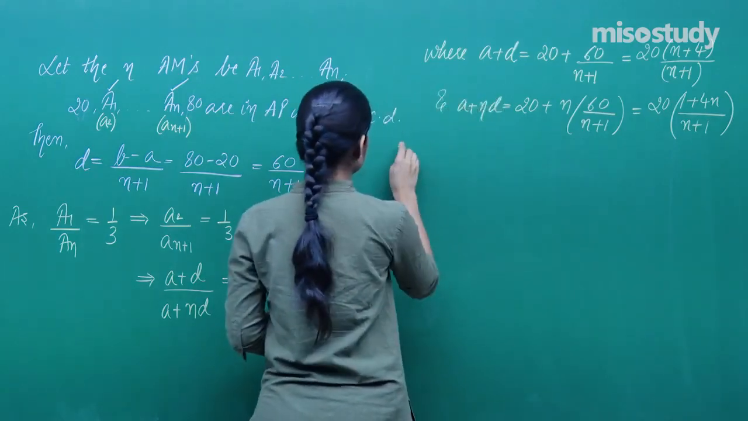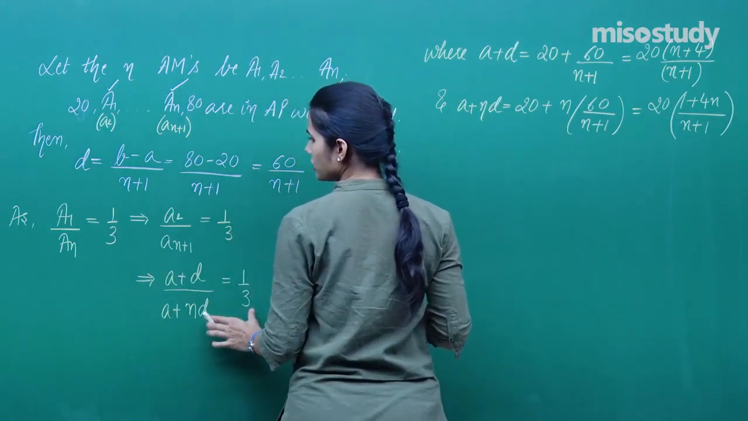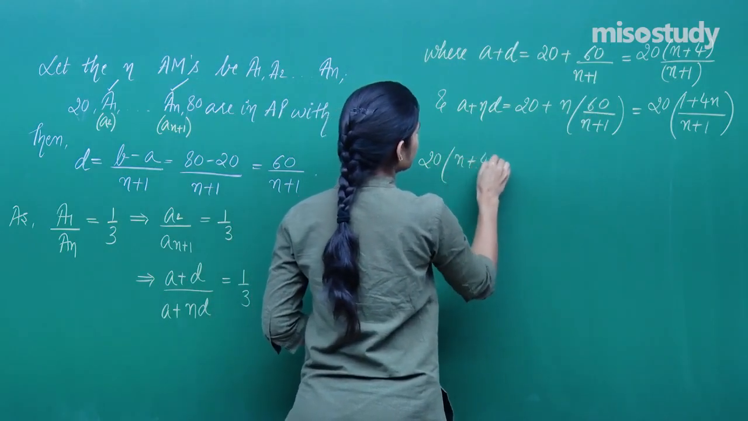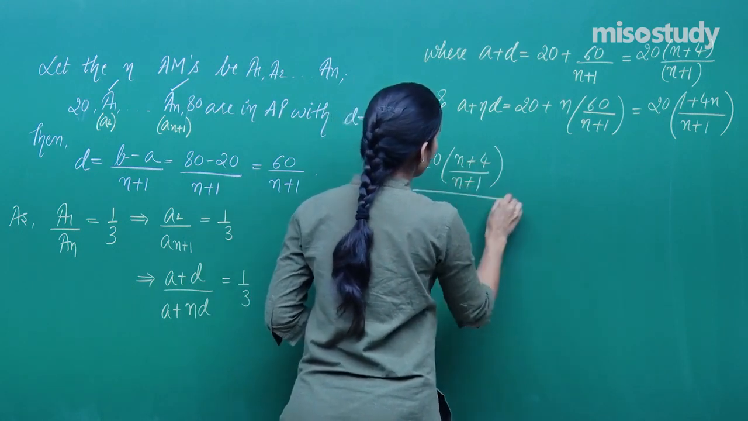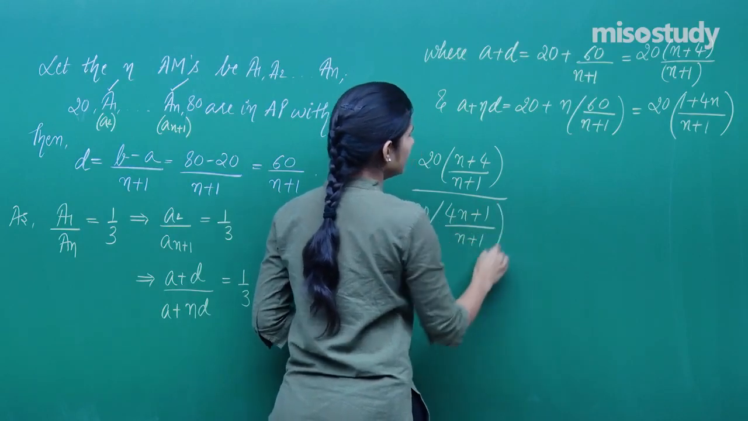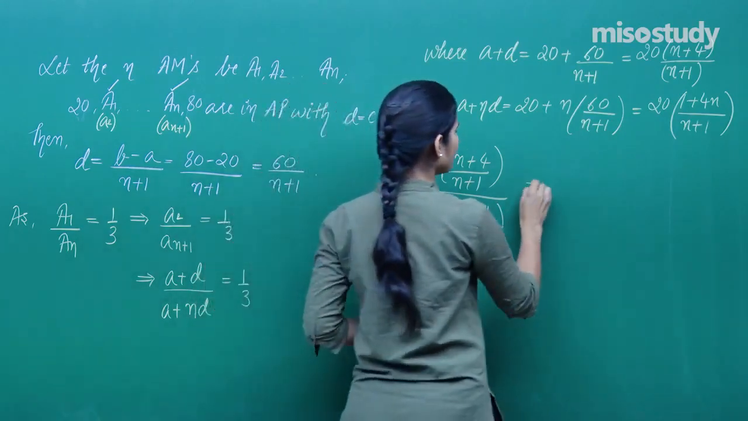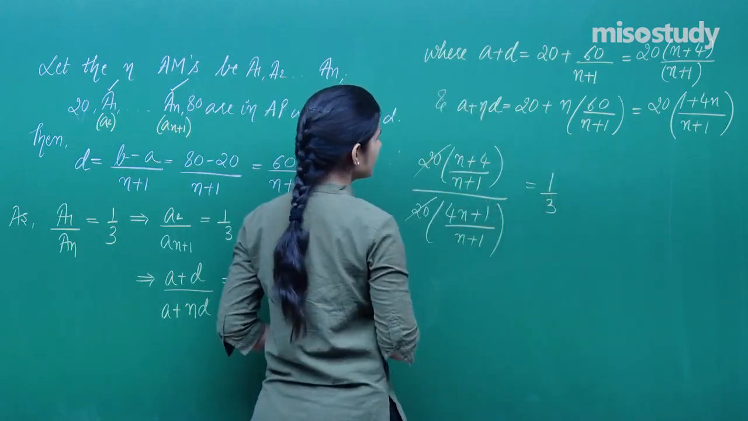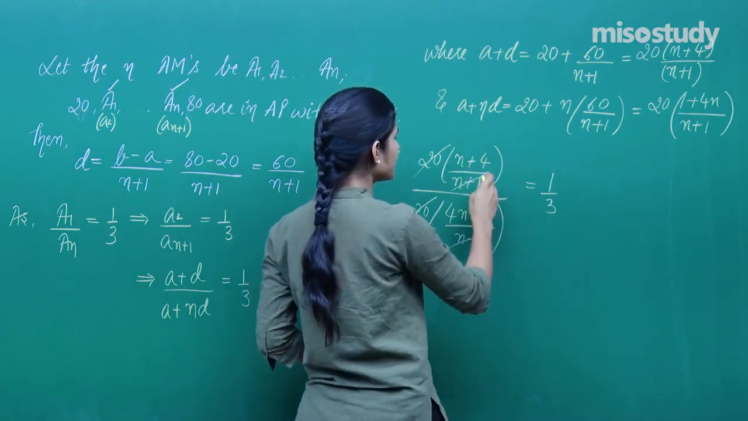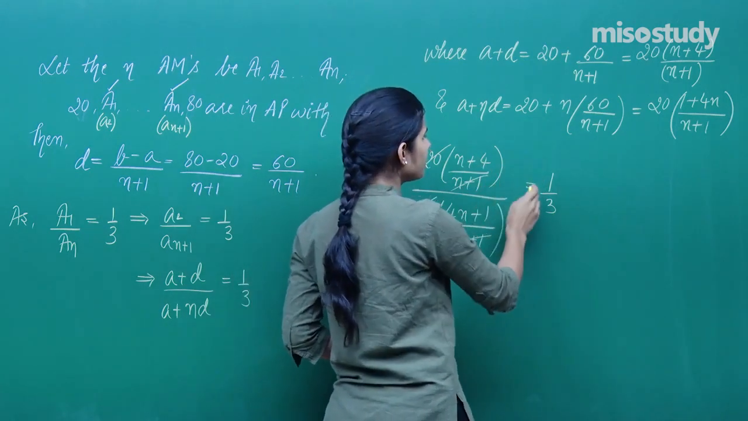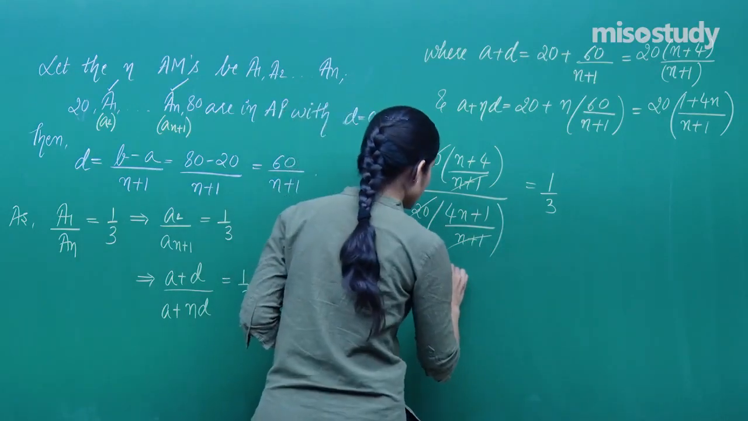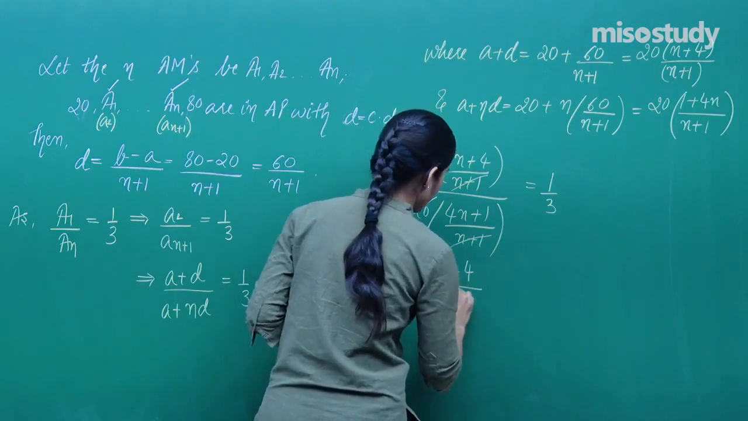You have that this ratio is 1 by 3. So this ratio is 1 by 3, 20 n plus 4 upon n plus 1 whole upon 20 4n plus 1 upon n plus 1. Ratio of these two quantities is given to be equal to 1 by 3. 20 cancels out, n plus 1 is out. What are you left with? Because this is n plus 4 upon n plus 1 divided by 4n plus 1 upon n plus 1, that is n plus 1 upon 4n plus 1 if you multiply, and therefore you get n plus 4 upon 4n